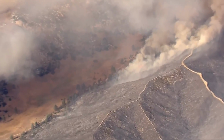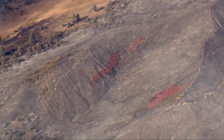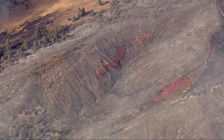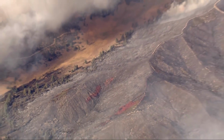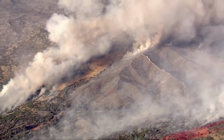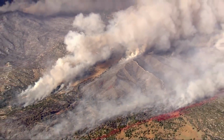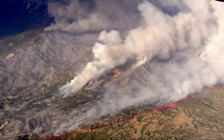And then again, every now and then you can see inside the fire line, you'll see some of these past attempts to keep the fire in check. Right now, we're hopeful that the new line is going to hold. This is, again, the southern end of the fire. The fire is basically burning off to the east right now. The northern flank